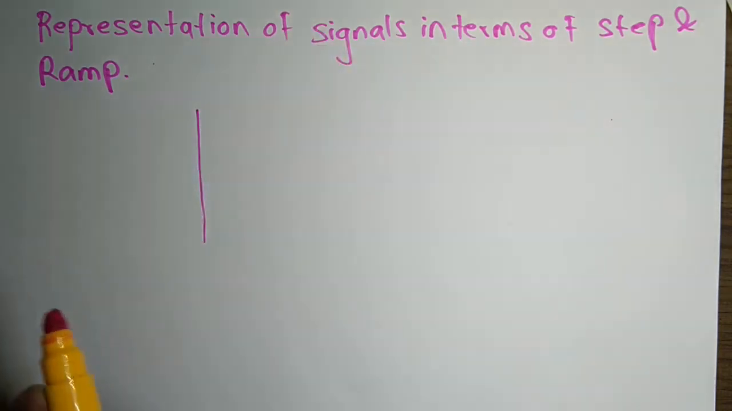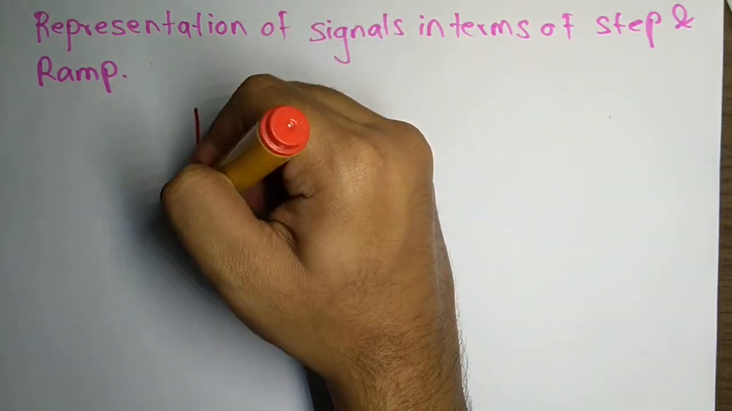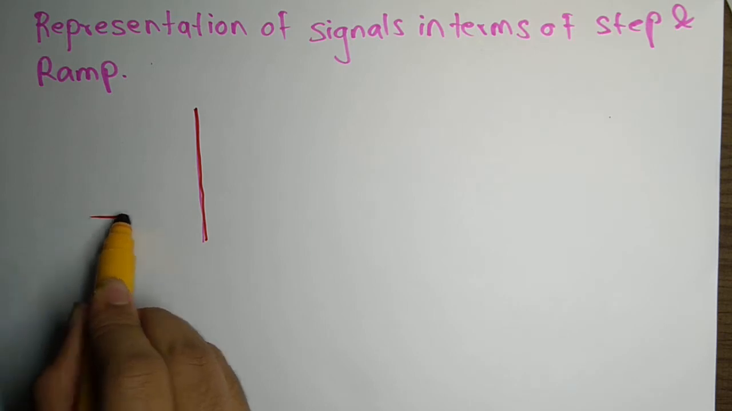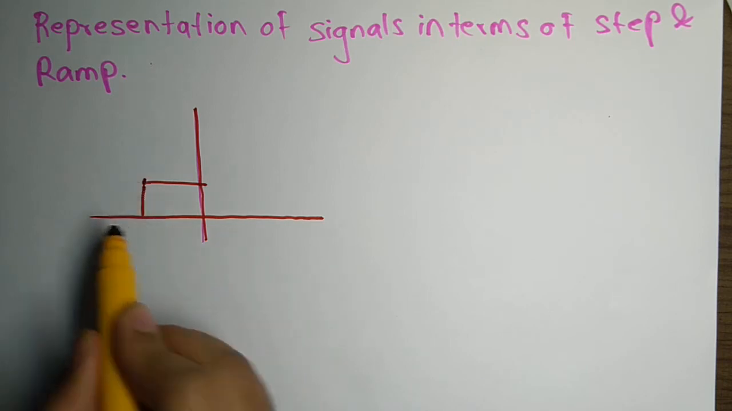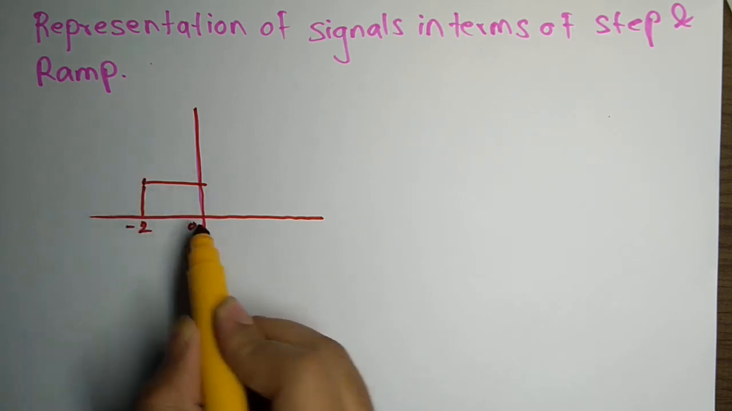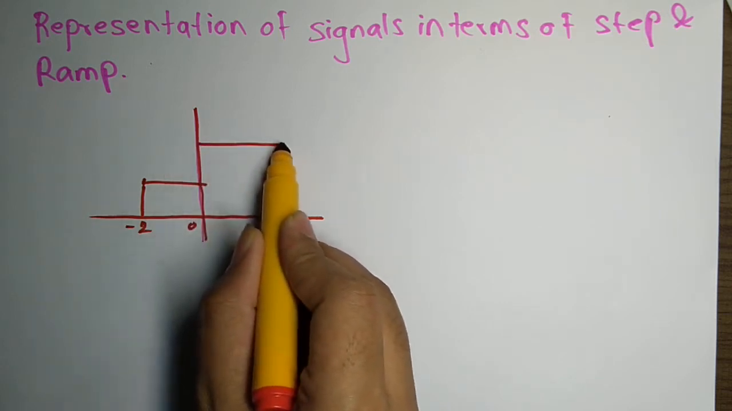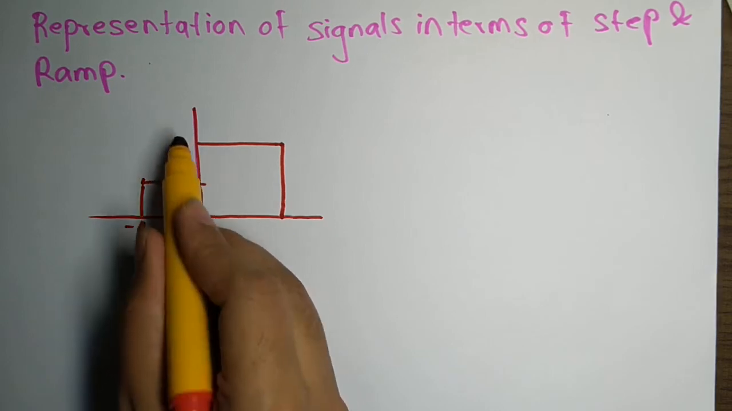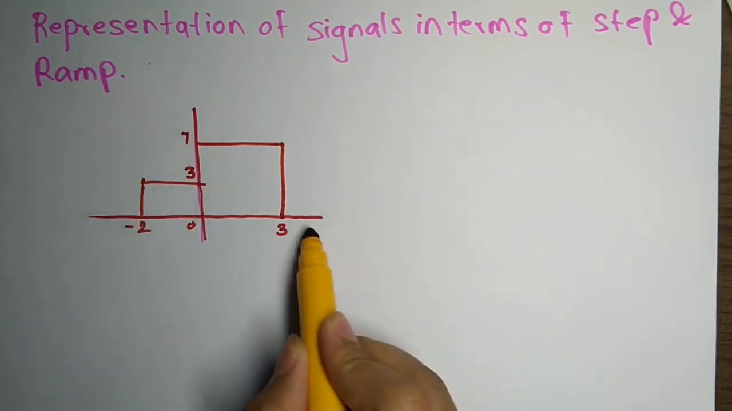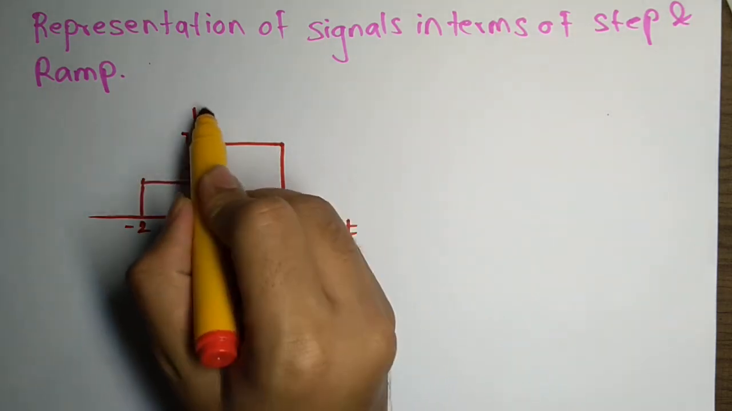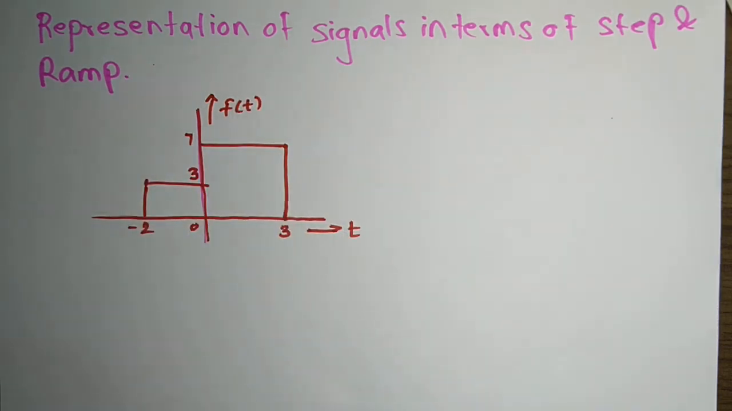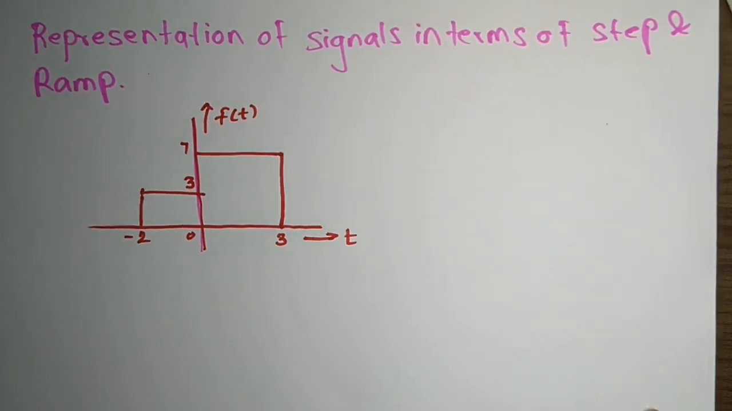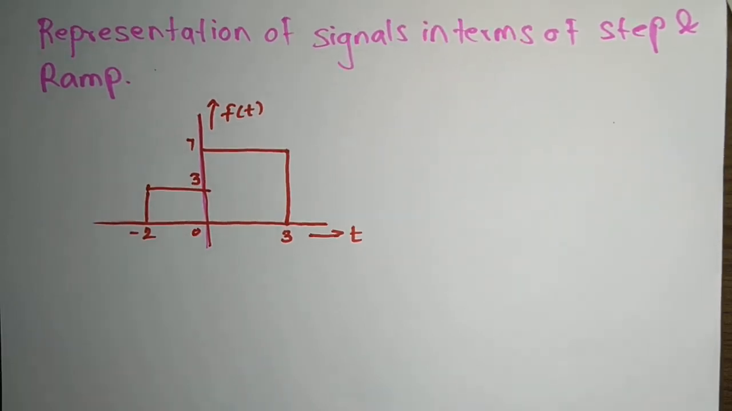Like it was similar to this. I'll take a different pen. This is -2, this is 3, this is 7, this is 3. This is the time axis, and we'll just call this function f of t. Okay, so in order to represent it in the form of step and ramp, first we can